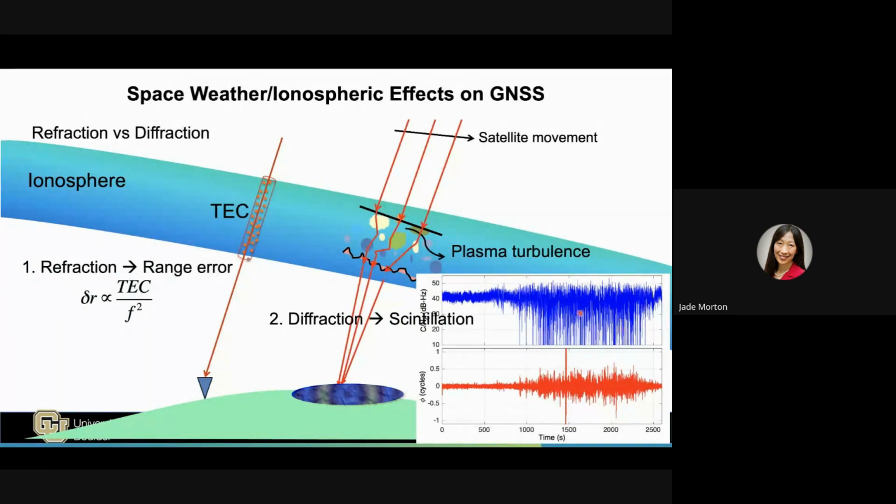And this cannot be mitigated by dual frequency. So it's the second part of this kind of effect, diffraction or scintillation, that is more damaging. I believe Triton can play an important role in observing this type of effect. And also, TEC is another problem in the sense that without the TEC, we don't understand the background ionosphere. And there are a lot of places on the Earth's surface where we don't have TEC measurement. And I believe that's another area reflectometry can play a role in. So anyway,